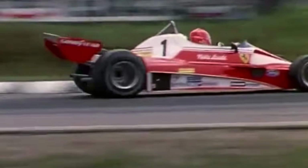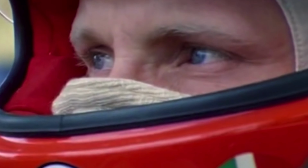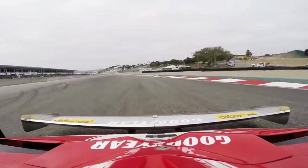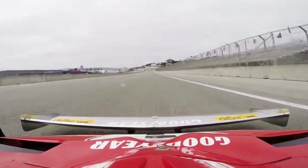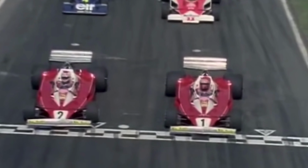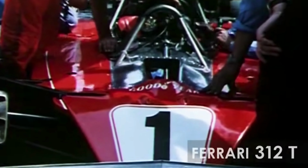In the mid-70s, Ferrari returns to the top of the Formula One championship, thanks to the calculating and fast Austrian driver Niki Lauda and the new concept of the 312T series racing car, one of the best Scuderia cars in the history of royal racing. Designed by Italian designer Mauro Forghieri, the car was based on a new version of the 3-liter 12-cylinder boxer engine,